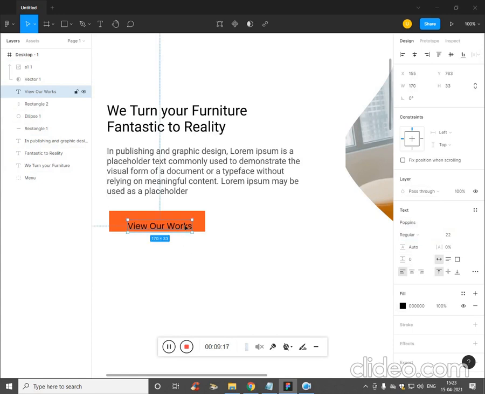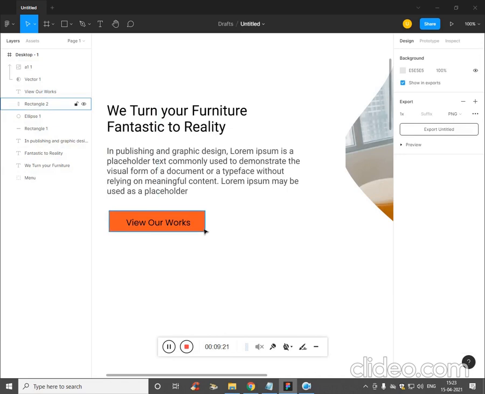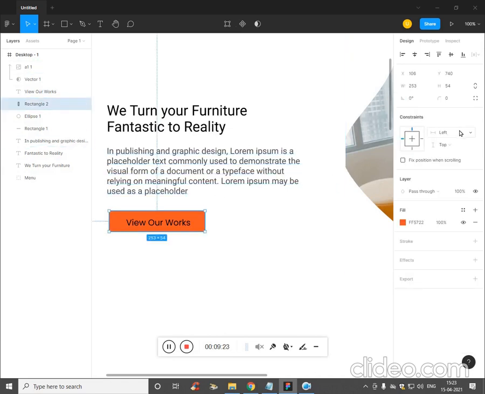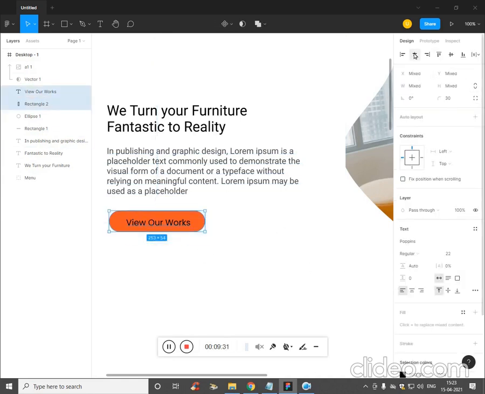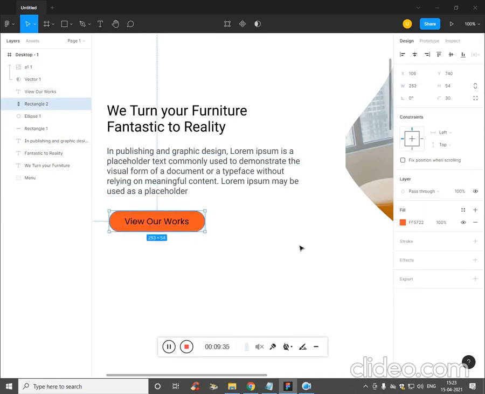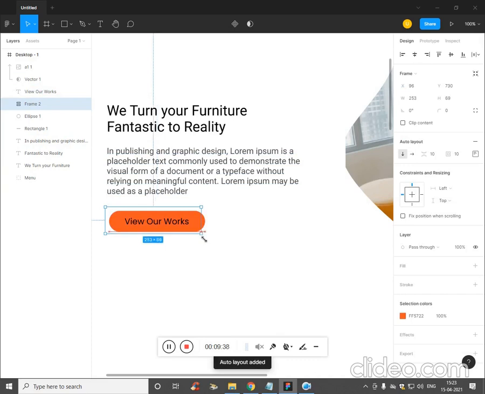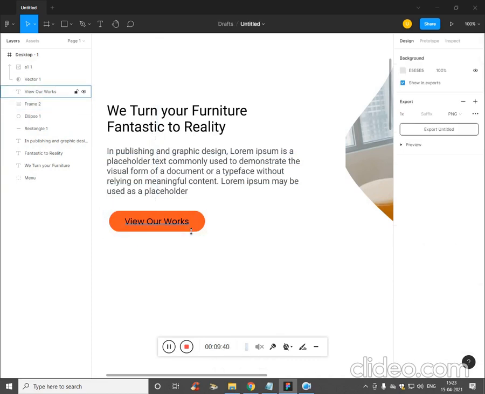View our work. If you want, you can change the font to Poppins. Just add the border radius 30. Select all, horizontal and vertical align, and press Control A or Shift A to auto layout it.